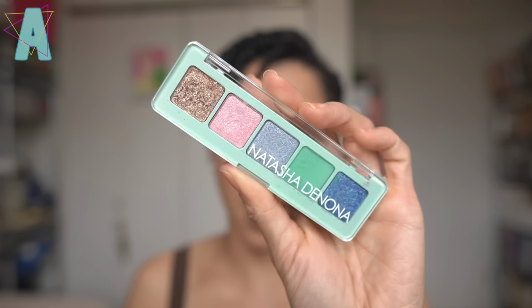But I wanted to throw in Natasha Denona's Mini Pastel, and I wanted to get this palette because I've been impressed thus far by several of Natasha's mini eyeshadow palettes. I know not all of them hit, but most of them do. And I was blown away by Mini Trio Chrome. The fact that palette is blue, but it still delivers a soft serving of that stony blue that you can wear every day, and it's not like pigment heavy blue. It doesn't look too costumey. It looks more like a neutral. That's my experience with Mini Trio Chrome,